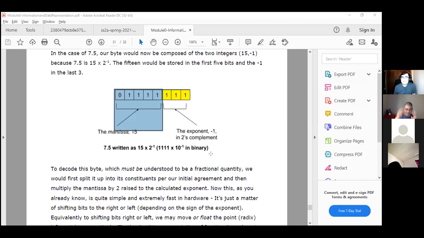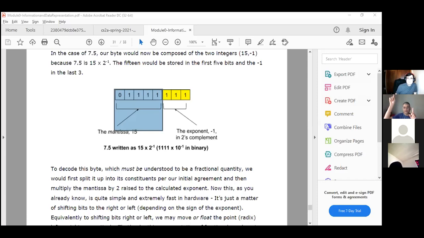For pi, for example, we don't say 0.314 times 10 to the 1, even though that's also pi. We say 3.14 times 10 to the 0. That is scientific notation for pi. There are multiple ways of saying the same number in scientific notation, because you can shift the mantissa and then decrease the exponent.